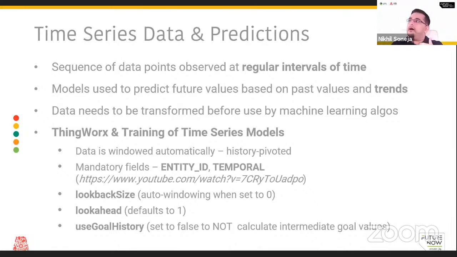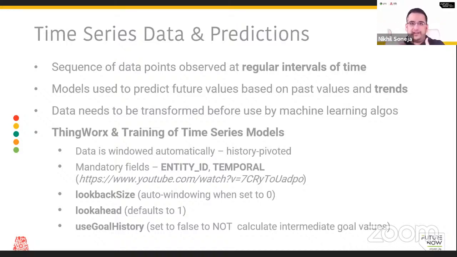So in the example we had before, and we'll look at that again, we had compressive strength of cement. We had different inputs, like the amount of fly ash and the content of different ingredients. Based on that, we predicted the compressive strength based on values we already have. Their order did not matter. It did not matter what the previous value of compressive strength was. It was just asynchronous, you could say.